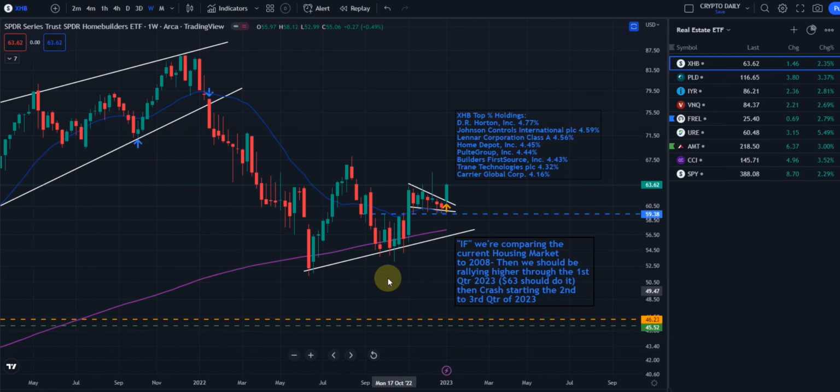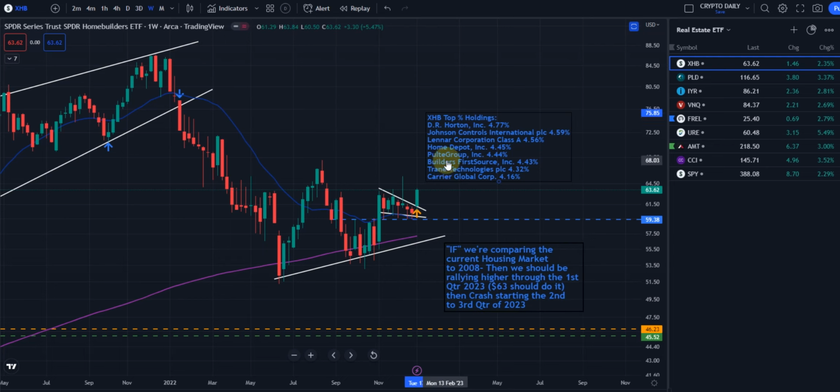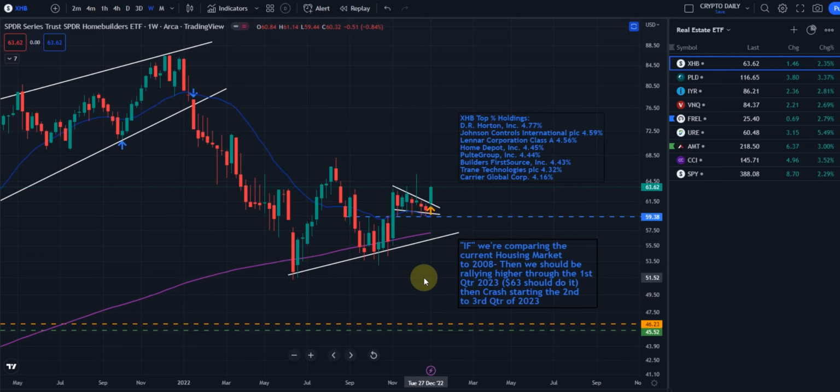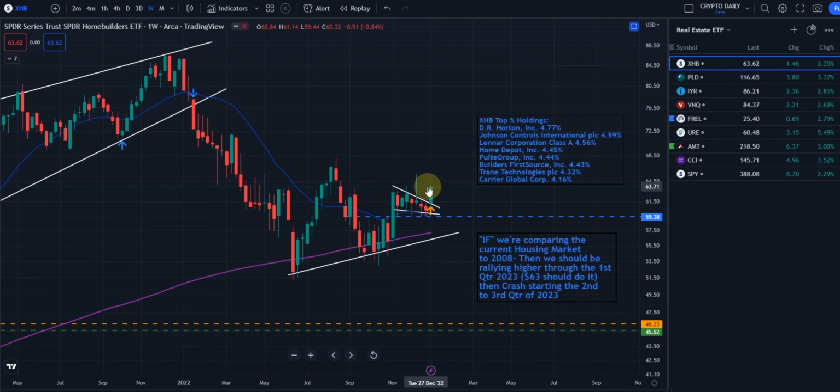And as you see here, we've been holding this uptrend line for a while as well. Not saying we bottomed out by no means, but just saying that we might not be as bad off as people are saying out there. Now, time will tell, and we'll know over the next week or two